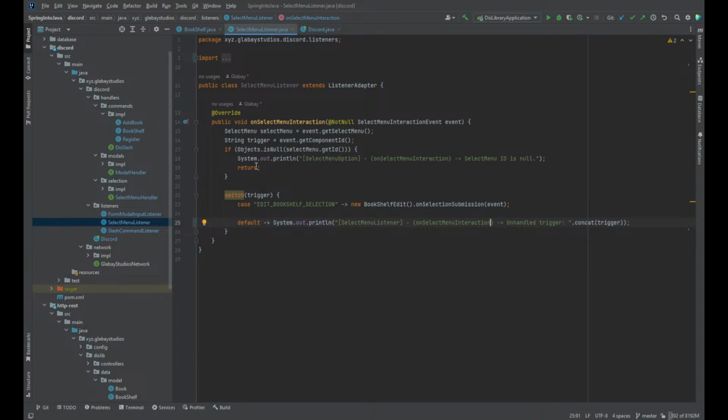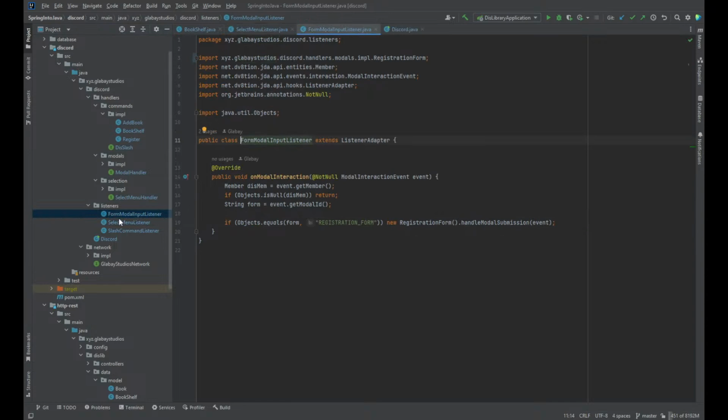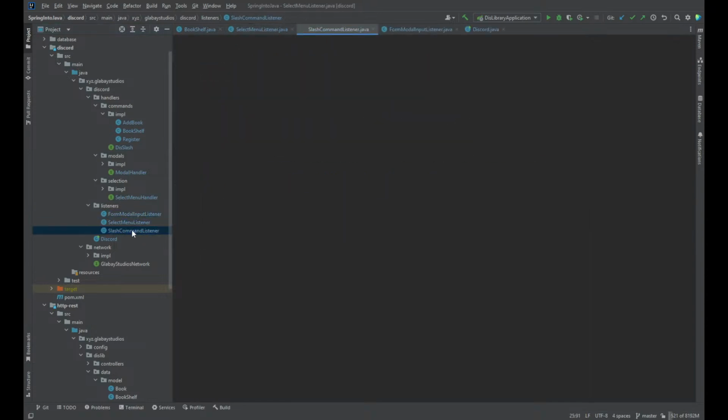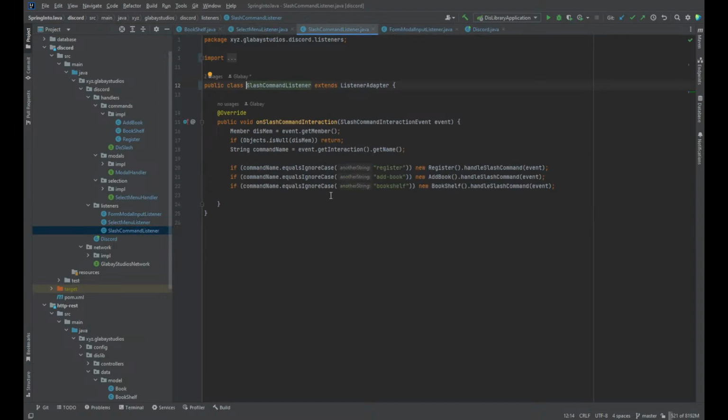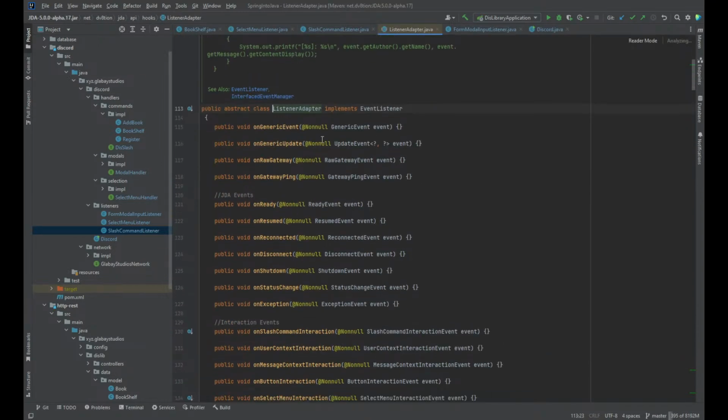So let's talk a little bit about what these are, what everything is. Listeners are essentially, so if we were looking at the form model listener, select model listener, slash command listener, these are all objects that extend the listener adapter, which comes from the JDA package, and it offers a whole bunch of methods